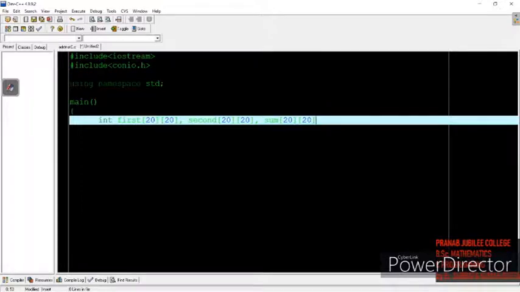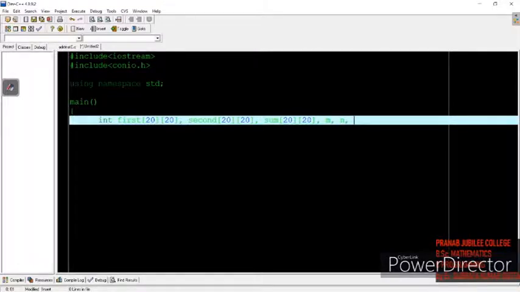Now what variables will we need? We will need two variables, one to store the rows, another to store the columns, for both the matrices. Remember, addition is only possible when both matrices are of the same dimension, meaning the number of rows and columns will be the same.